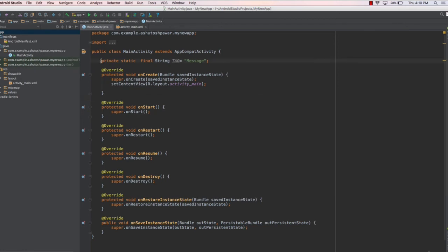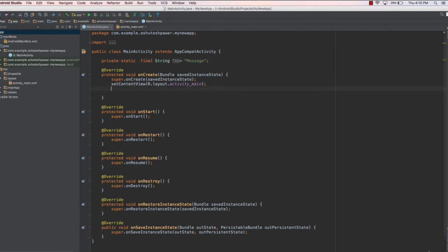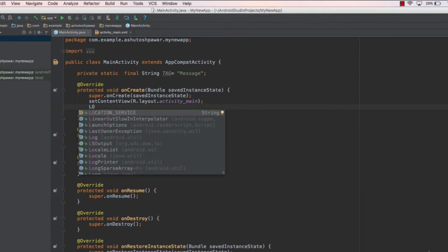So what we need to do now is create a log message separately, and as you can see from here, I have already created the log message. I have typed in private static final String, which is going to be a string message, and I have named that message TAG, and we have typed in a simple message over here. Now you simply need to add this message to the log in each and every method. Firstly we go inside the onCreate and type in